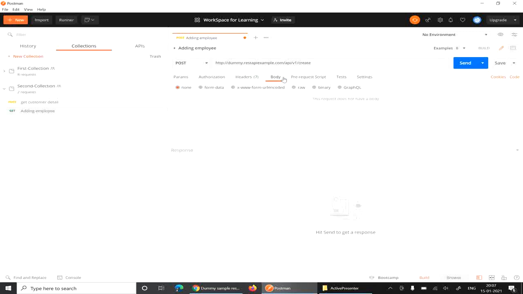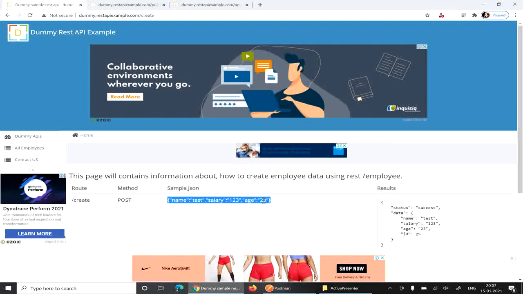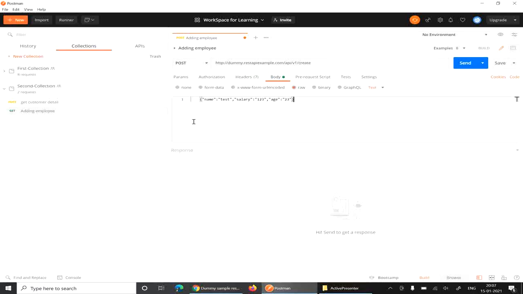So we will click on Body. In Body we will click Raw. Here we need to provide the details in JSON format. Now you can see that it is in text format. Now we will make it into JSON format.